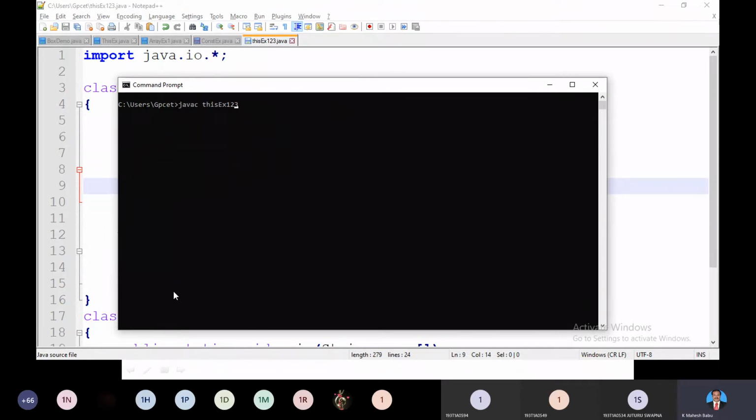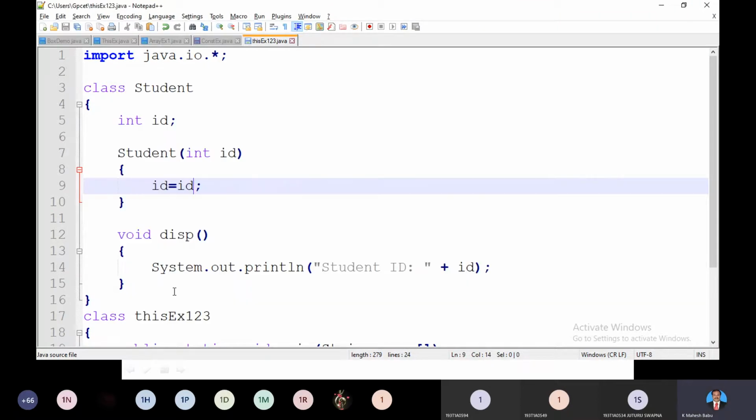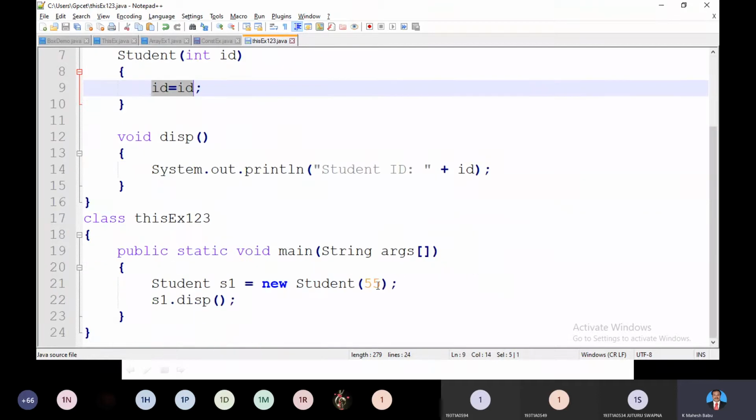Now run the code. We don't know what we are getting here, but it's not a valid result. We need to pass 55 and receive it, making the S1 object's ID 55, and whenever you print, you should get the value 55. But this is not happening here.